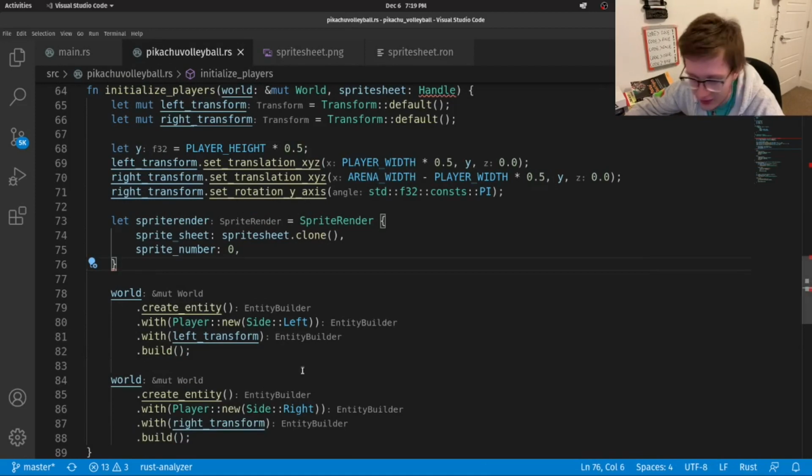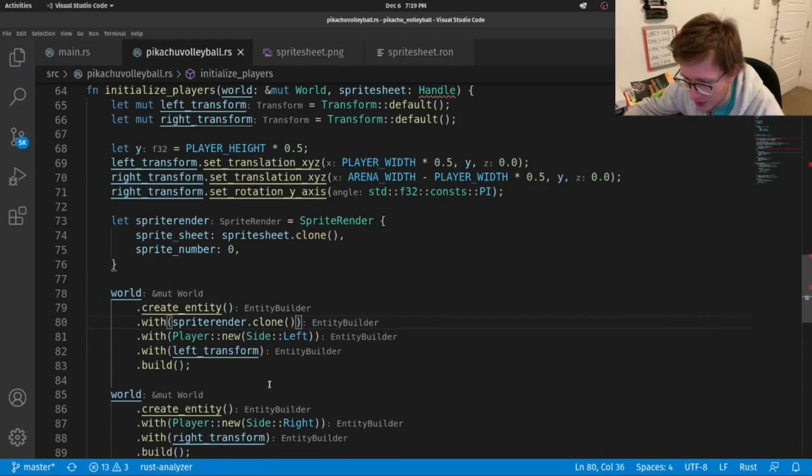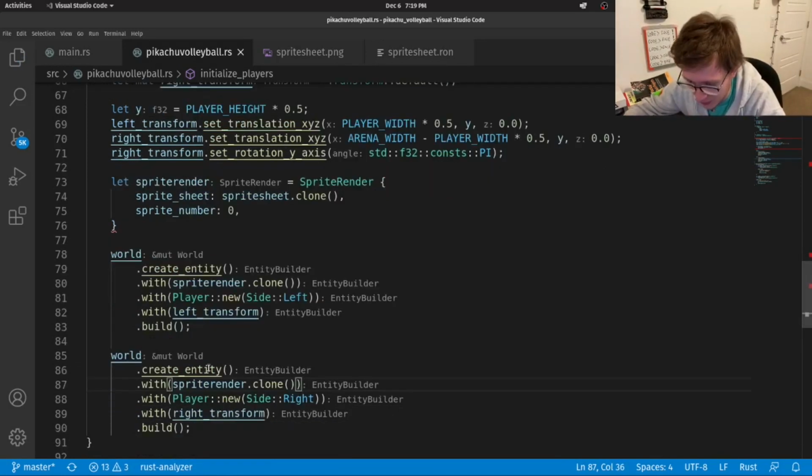Anyway, now let's add another width right before categorizing our entity as a player, where we do a sprite render .clone. Right. So of course this is telling Amethyst what Pikachu looks like. And note that we're doing it for both of them, right? Because we're using the same sprite sheet, as I also mentioned previously. One thing to note is that this clone is actually not bad at all. Remember, our load function is returning a handle and not the sprite sheet itself. So by design, we're avoiding any deep cloning whatsoever.